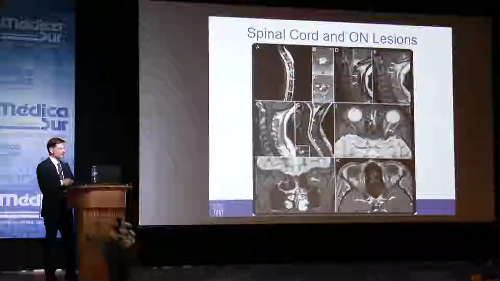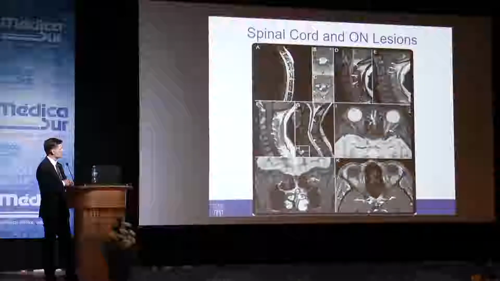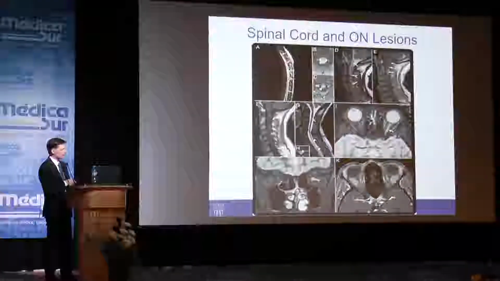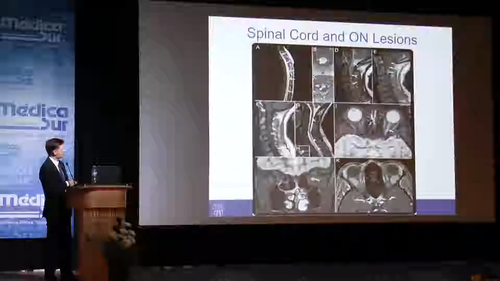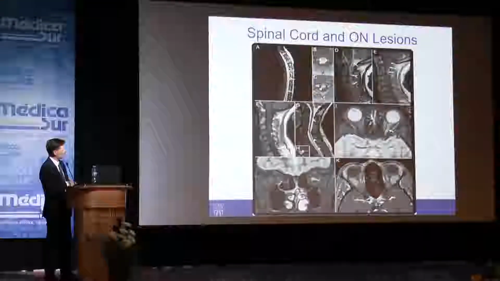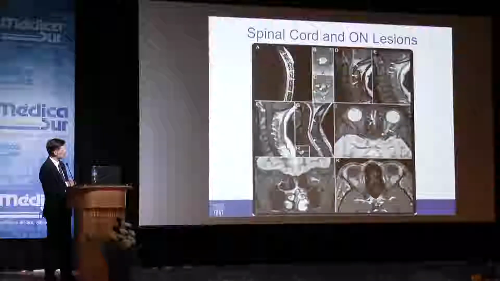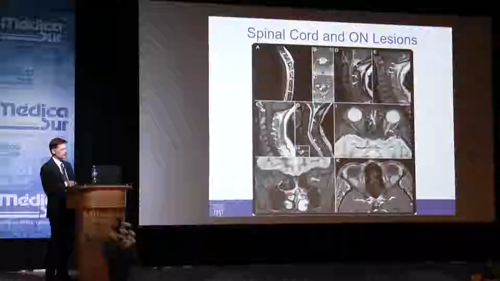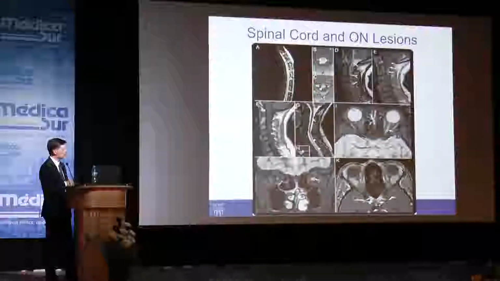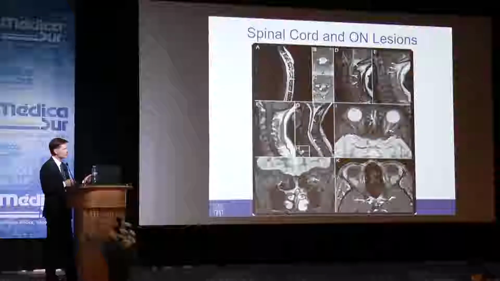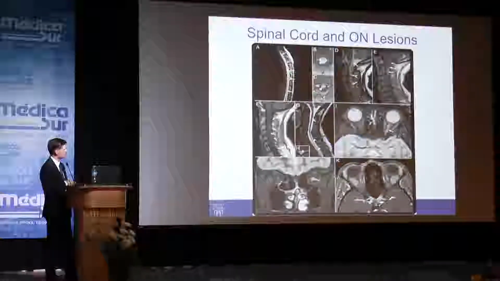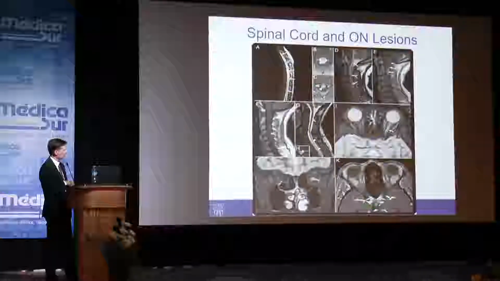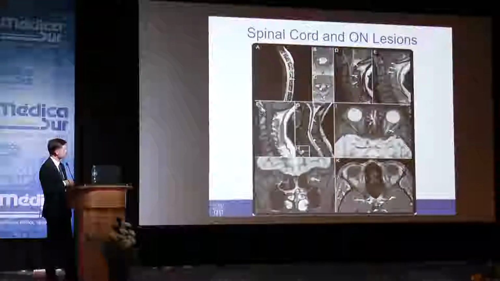This paper also provides a lot of information to help the clinician regarding diagnosis with assistance from imaging. And I won't go through all of this, but you can see, for example, an example here of an optic nerve lesion with enhancement of the optic nerve encompassing most of the length of the optic nerve. Some call this a longitudinally extensive lesion of the optic nerve. Another thing that's characteristic is chiasmitis, so inflammation of the optic chiasm.